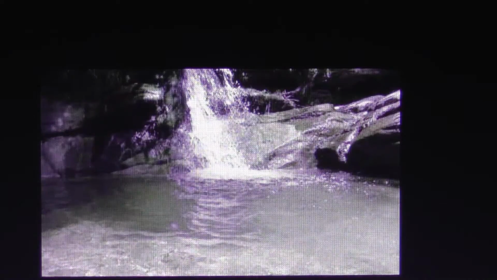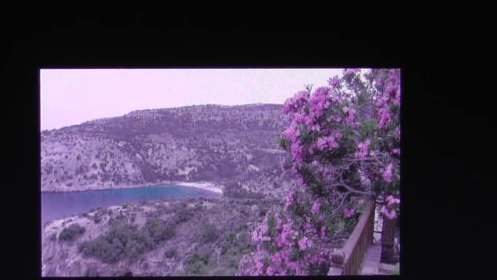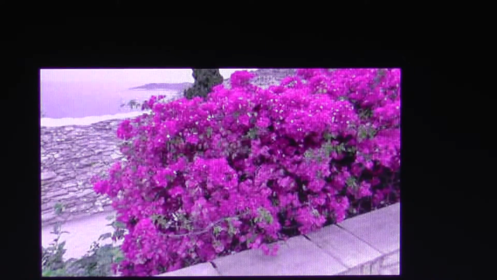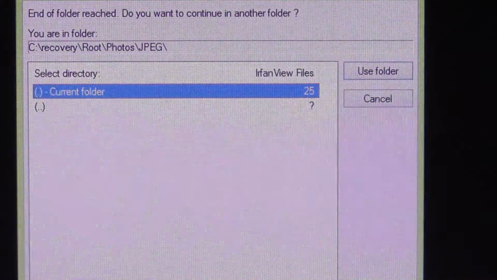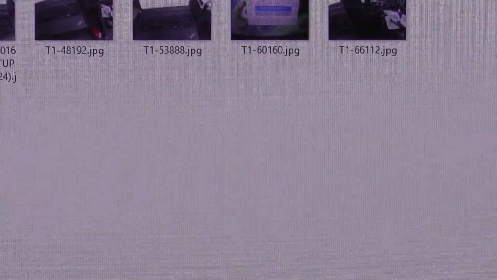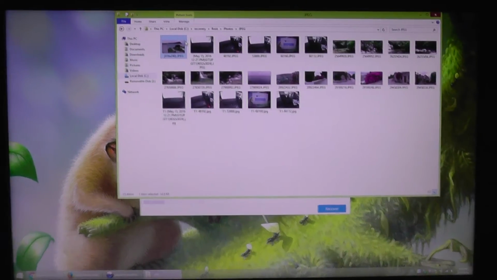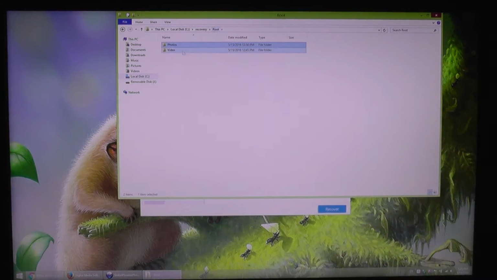You can see here some waterfalls and the seaside. These were from Greece, and these are very old, and you can see that we have some thumbnails from the previous photos. And let's see in the video files what we can find out. And I'm going to return to video,